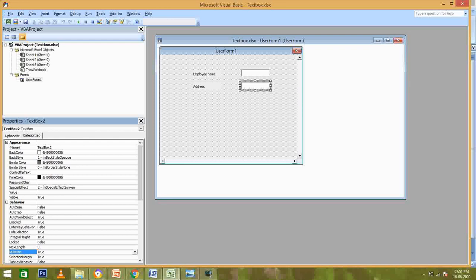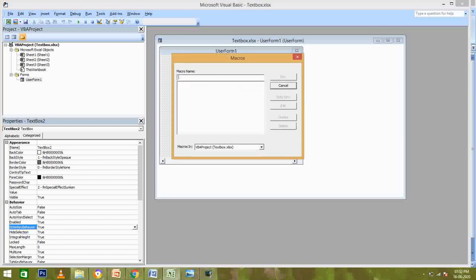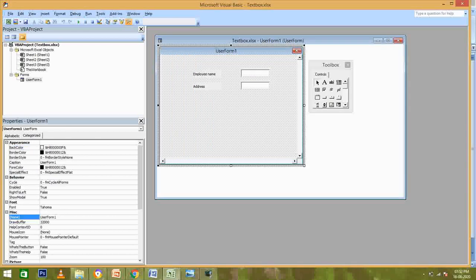We want, like I have written the address and I want the state to be on the next line. So you have to set two properties. First, the multi-line property to true, so that whenever there is more than one word and I want to write in the next line, it works. And also you have to activate the enter key behavior. As it is in false mode, if you make it true, and after that both are set to true, then you will be able to do what you want. So I will run it and show you how.